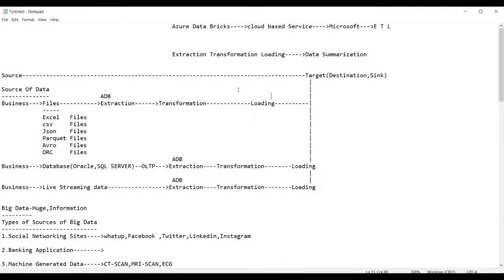Because ADF has good facilities and is very flexible for performing data ingestion, and ADF does not use any code. It is basically menu driven. But in ADB you will have to write the code for everything: extraction, transformation, and loading. Using ADB, you can design, and it is mainly focused on data visualization, meaning performing analysis on the data.